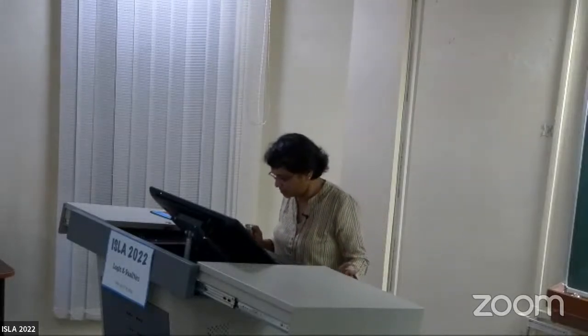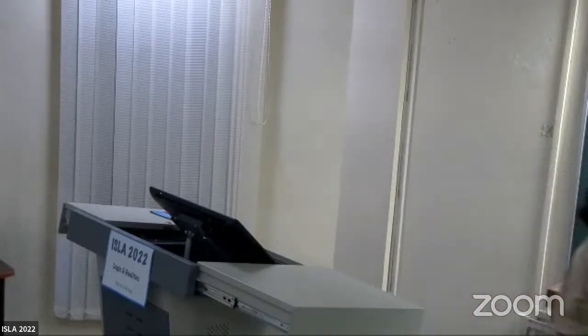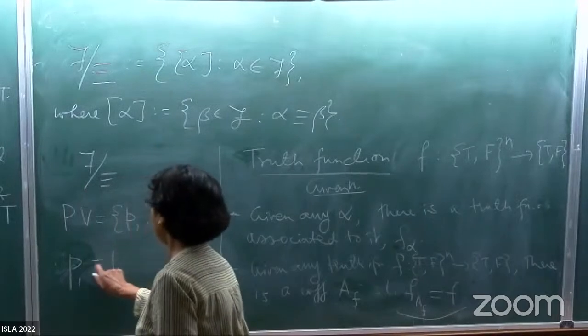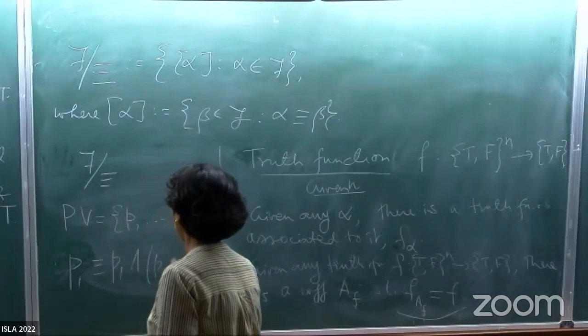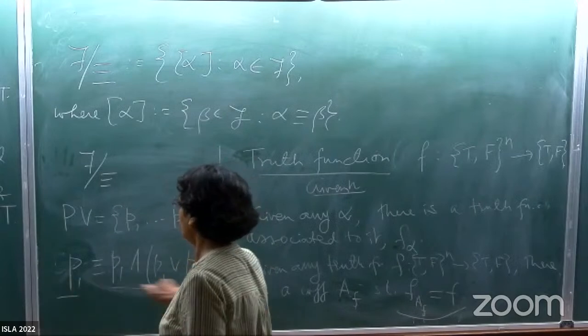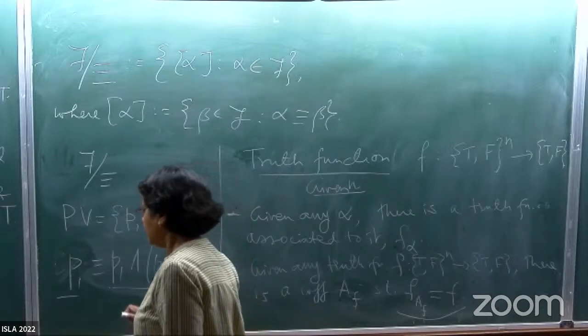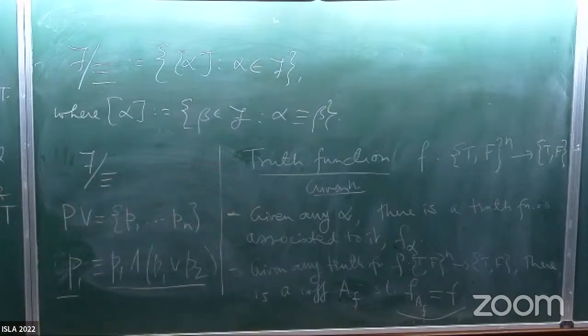My doubt is that there cannot be any equivalent formula which will have fewer PIs. No, but why not? That's the example we just gave earlier, right? You had P1, and that's equivalent to P1 and P1 or P2, right? No, in that case, P1 will be the truth function of this table, right? Well, what we are trying to say is that given any formula, we will always be able to see. So if you think of it in terms of this picture.